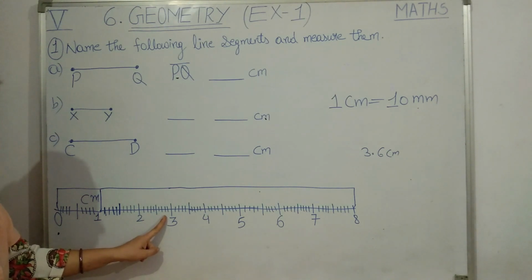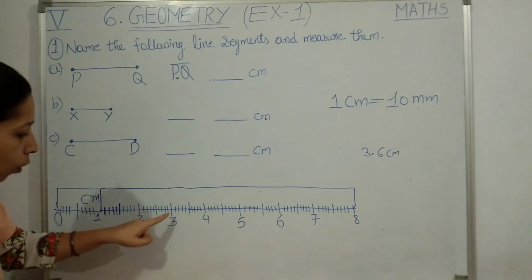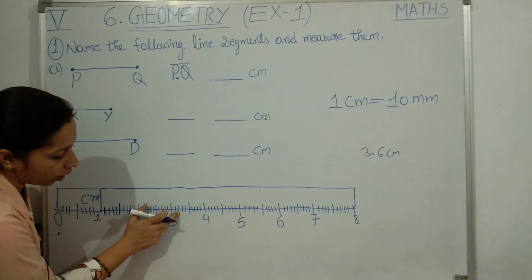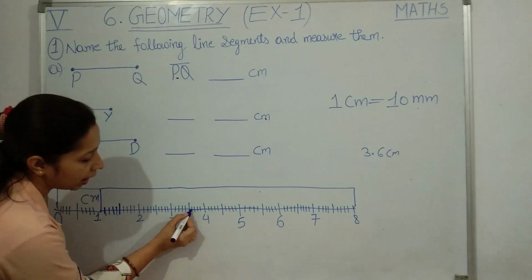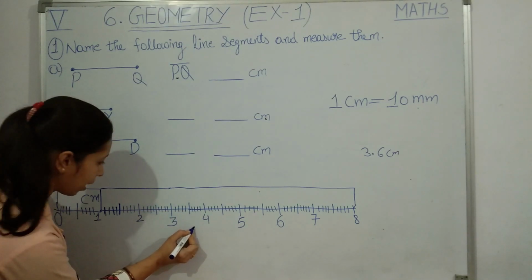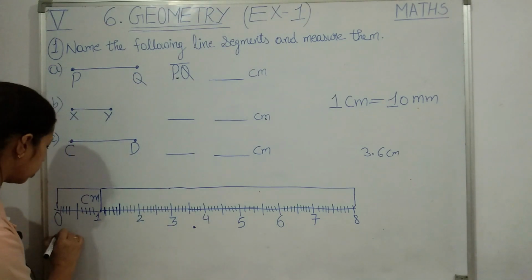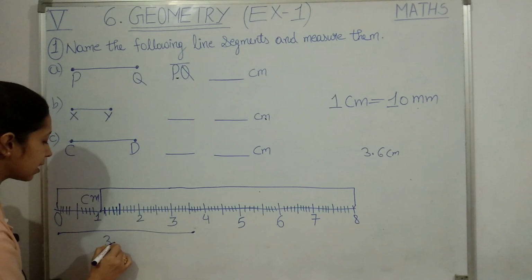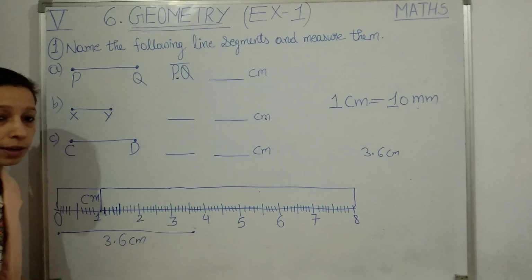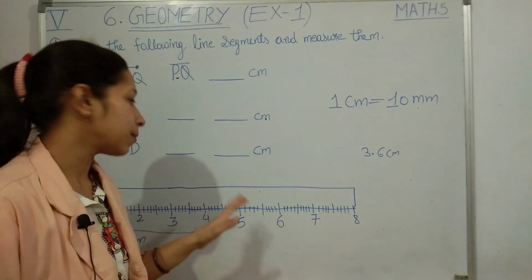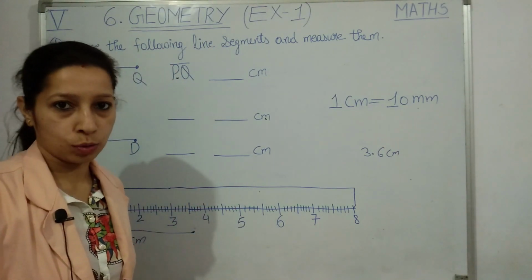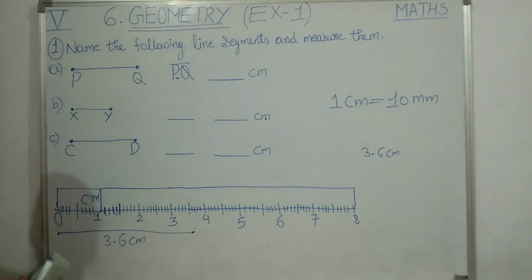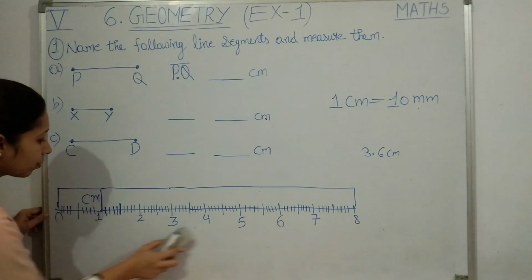Here it is 3, students, where you will get 0.6. What I told you, after 3 you are going to count the first line as 0.1. So this is 0.1, 0.2, 0.3, 0.4, 0.5 and here I am getting 3.6. So I'll mark 1 point here. Now I'll join both these points, students. So how much is this distance? It is 3.6 centimeters. So before measuring the line segments, how to use the scale should be clear to you, students. I hope my explanation is clear to you. Like this we use the scale. Okay, now we can move on to your exercise, students.